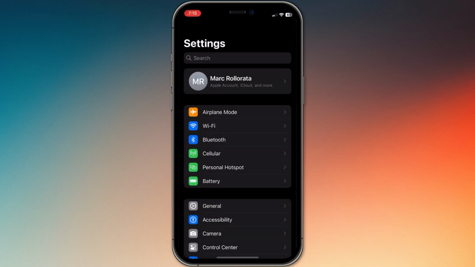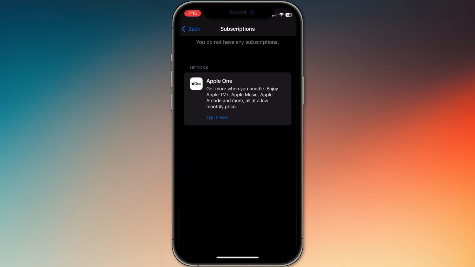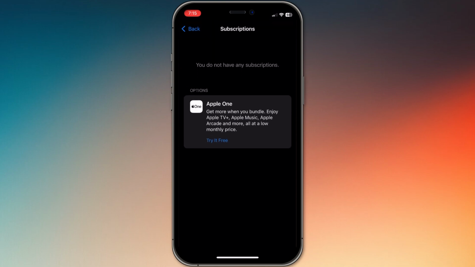First, open the Settings app and tap your name at the top, then go into Subscriptions. Find the Zone or DAZN in the list and tap Cancel Subscription. You might have to scroll to see it, confirm the cancellation, and you'll keep access until the end of your